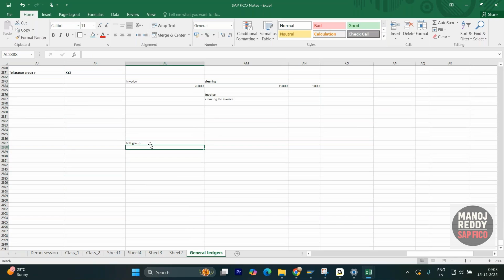and after the tolerance group, we'll be discussing foreign exchange. Okay, before the foreign exchange, we'll be discussing the ledger. We'll be defining leading or non-leading. I have talked about the extension ledgers also. Extension ledgers, let's discuss after the GL accounting concepts. I'll be explaining all the GL account concepts, and let's create a new company code with the extension ledger and let's see how it works. Okay, now